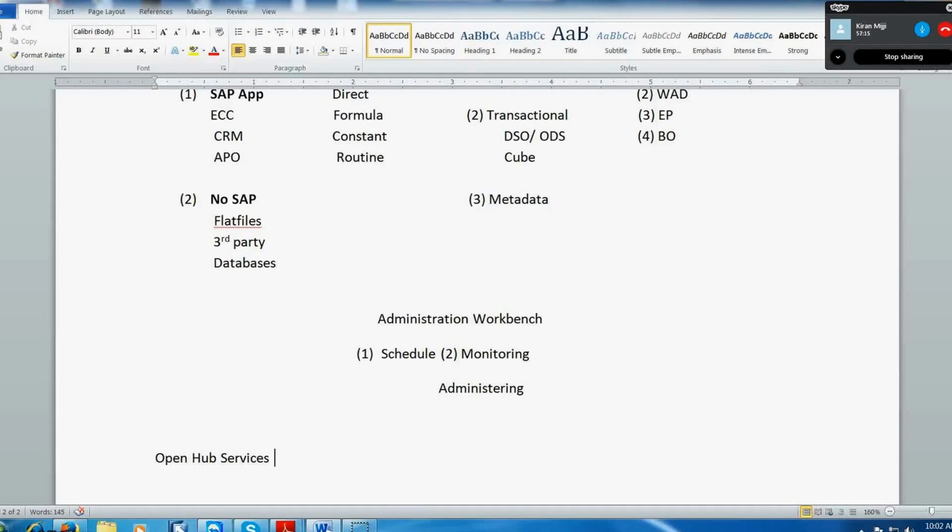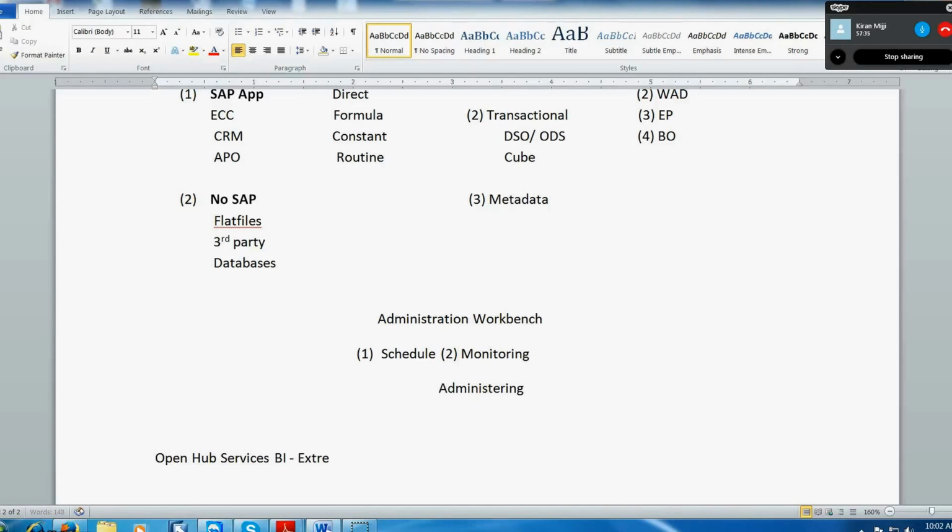So, we are deleting the flat files on a regular basis. The flat files are getting deleted somehow because of some reason. You immediately wanted the data back into the flat files, or you wanted the data back into the ECC system. How do we do that? We use open hub services to download the data from BI to some other systems.